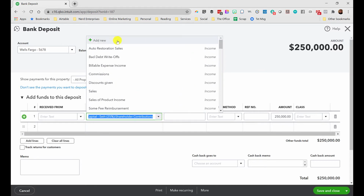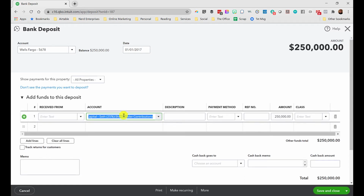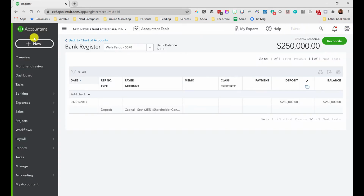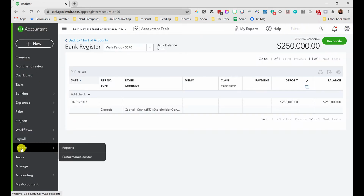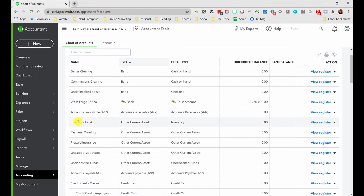You can scroll all the way to the top here and add new, or you can just type in whatever you want, and when QuickBooks sees that it's not an account that's already there, it will prompt you to add or create it. And when you do, if it's a sub-account, you'll also get the option to check off the checkbox to show that it's a sub-account so that you can set it up however you want. Okay, so that's the opening deposit that you're going to set up when you set up your bank account. Outside of that, like I said, you'll have basically what you need with the standard chart of accounts that you